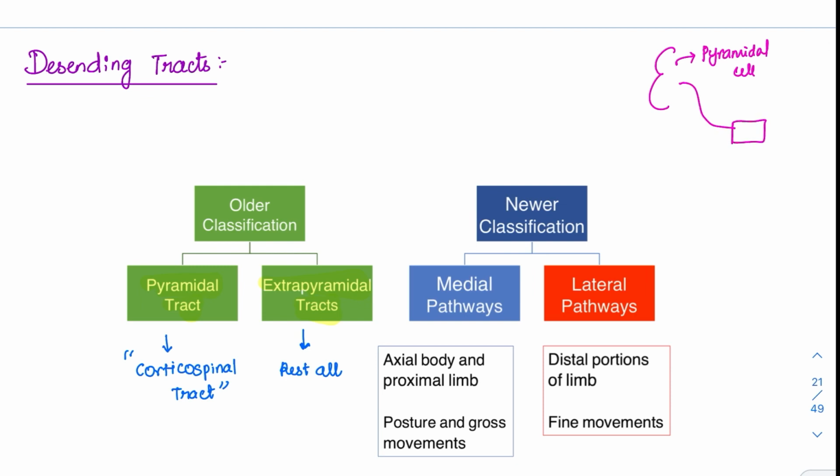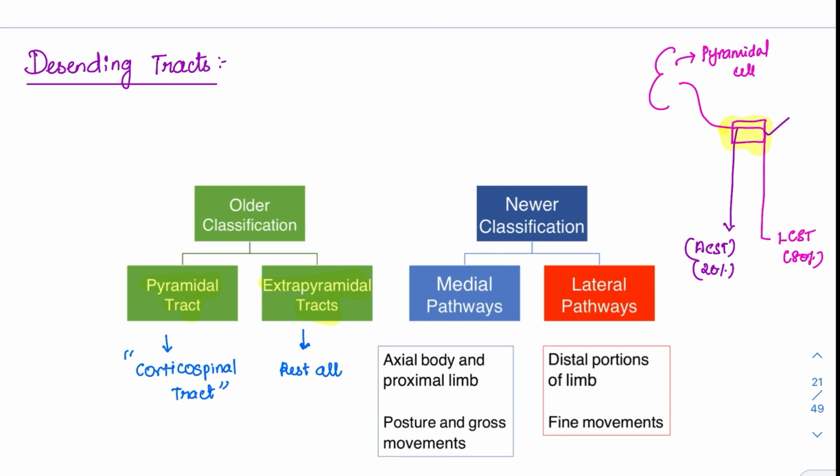crossing over happens at the medullary level, and they form the lateral corticospinal tract. The lateral corticospinal tract is around 80% of the fibers. So we can consider that the crossing over happens at the medulla. Even though 20% of fibers go directly to the anterior corticospinal tract, the lateral corticospinal tract is 80%, and the rest 20% is contributed by this other tract, so a total of 100%. But we say that the crossing over happens in the medulla, because maximum fibers are crossing in the